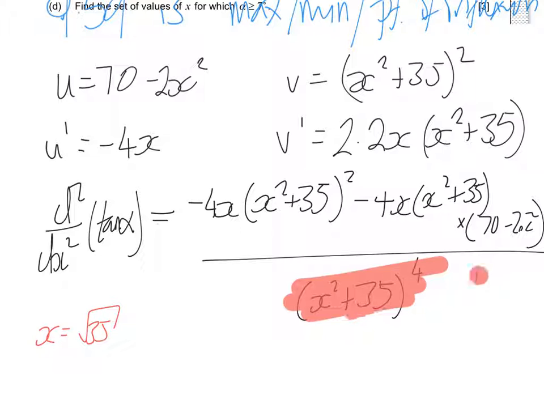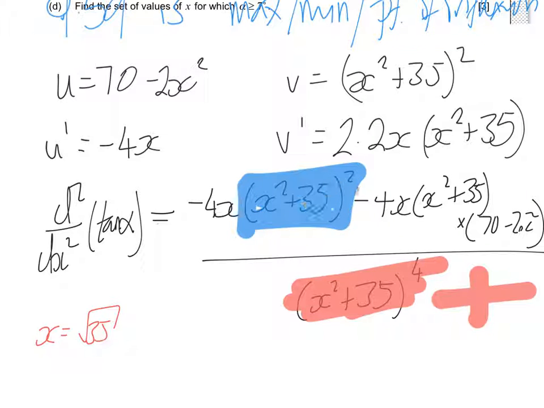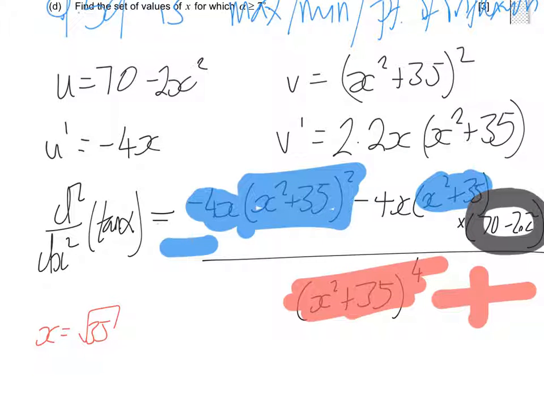This, in the denominator, is positive. This is positive, and then it gets times by a negative, so that's negative. This is positive. 70 minus 2 times root 35, actually, that's 0, this bit. 70 minus 2 lots of 35, so this bit is gone. Negative over positive